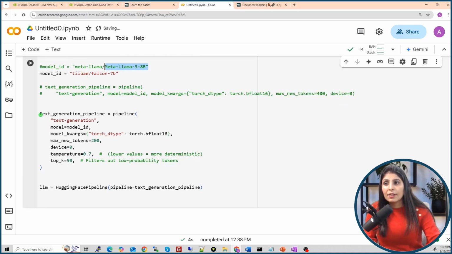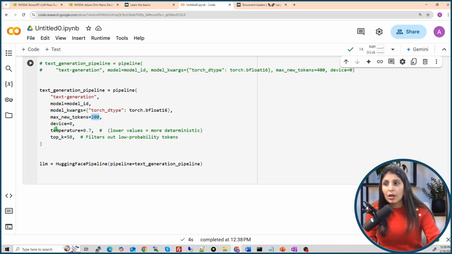Then we are creating a pipeline. In this pipeline we are defining the model. Our model is this, and max new tokens means the output our LLM generates will have a maximum of 200 tokens. Device 0 means CUDA, with temperature and top K 50, which means we are filtering out the low probability tokens.